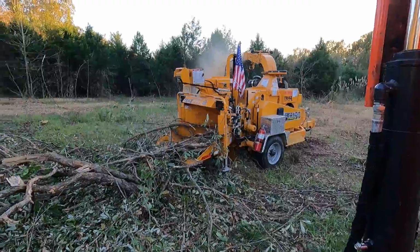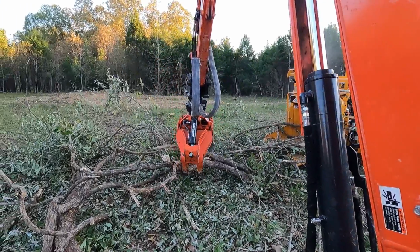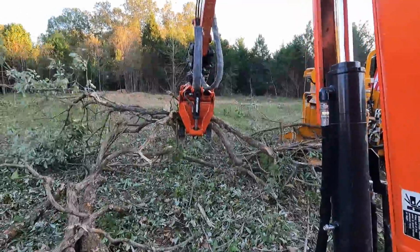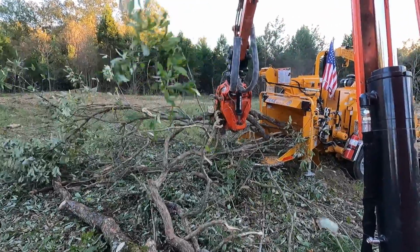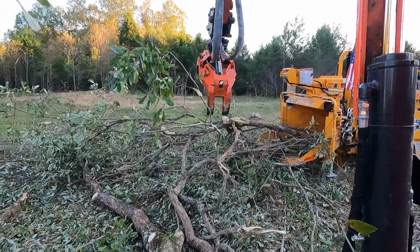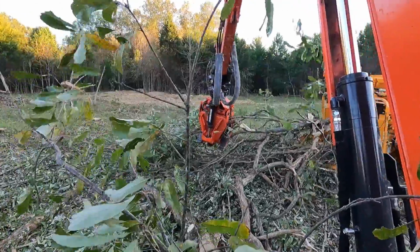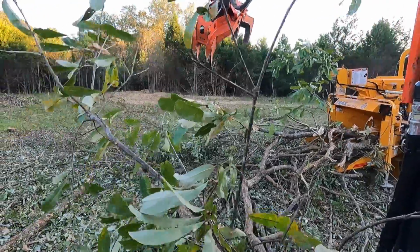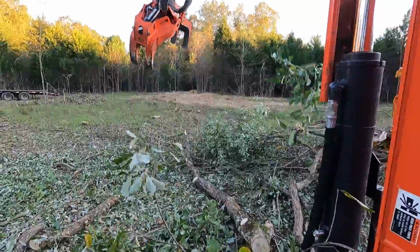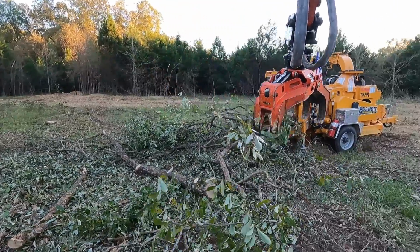Everywhere where there's going to be a building set or anything like that, it has to be dug out a minimum of 3 foot deep, completely excavated, sometimes even deeper than that. It just depends on what's there. They dig it out and then they backfill it with a layer of sand, and then they come in on top of that with a layer of red clay, and what it does is that sand acts as a cushion between the clay, so that when the